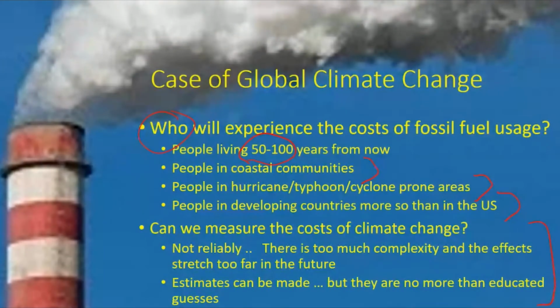And then economically, we'd like to say, well, can we measure these costs? Do we know how big the effects are going to be? Here, the answer is we make attempts at measuring those, but they're not at all reliable. I mean, we're looking far into the future. We're using projection models that are based on lots of assumptions. Tweak the assumptions just a little bit, we get very different results that can come out in the future. It's an exercise that needs to be done, but we shouldn't put a lot of faith in our ability to actually measure how big the costs of climate change are going to be for different peoples in society in the future. There's just too much complexity, and the effects just stretch too far in the future.